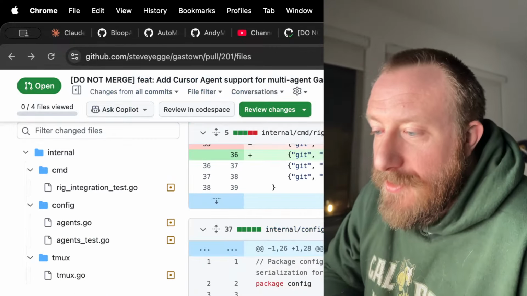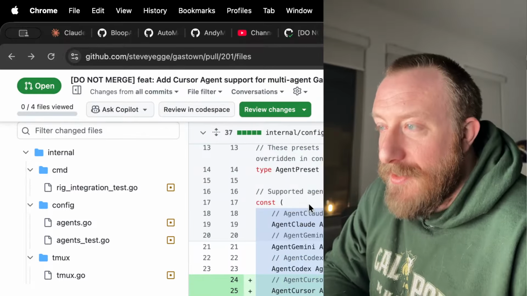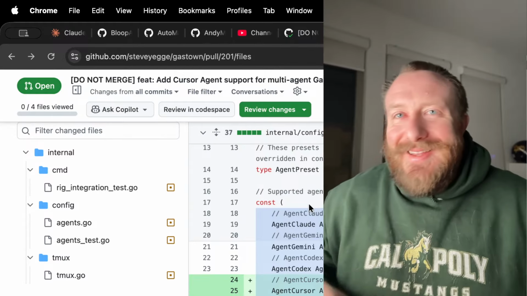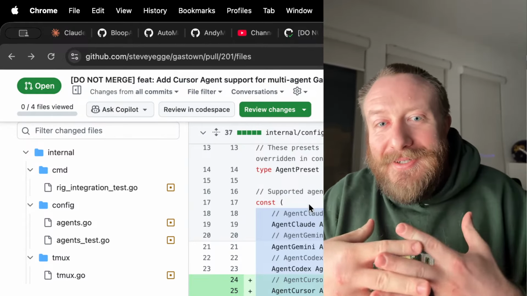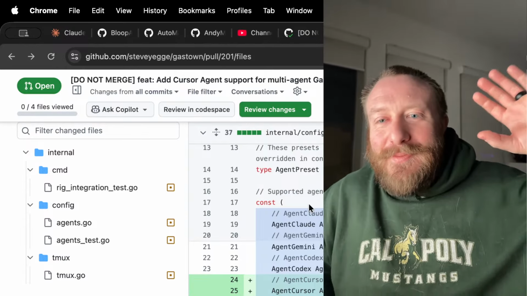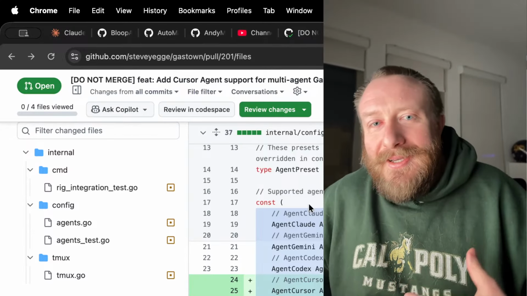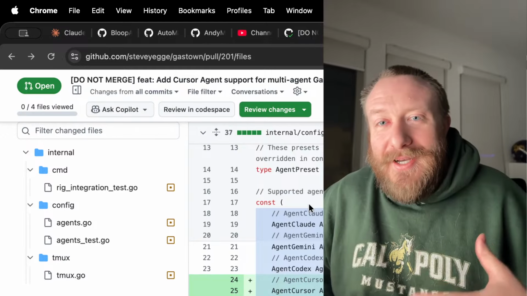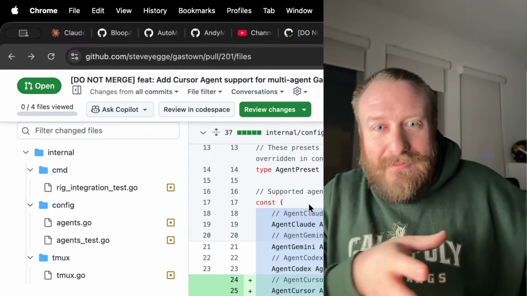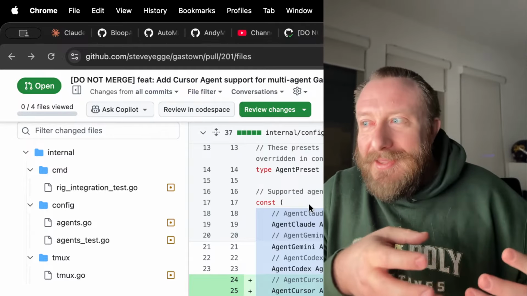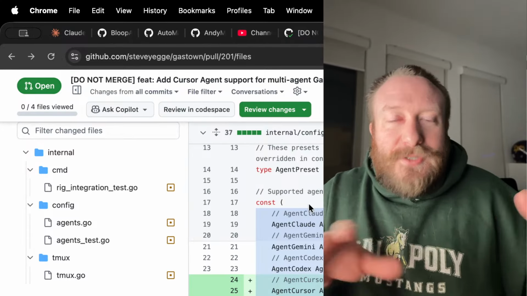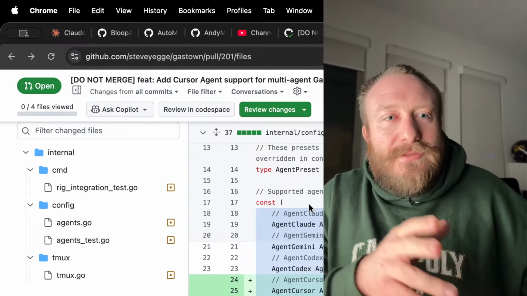Because I think the future is like using all these agents together. Because what big agent doesn't want to tell you is that they work really well together. All these companies, all these frontier companies, they want all of your tokens. They want you to spend all your money, all the budget you or your company has allocated for AI, just with them, right? That's their game theory. They're not greedy, but that's the point, is to make money. They want to capture all of your tokens, all your money for those tokens. But